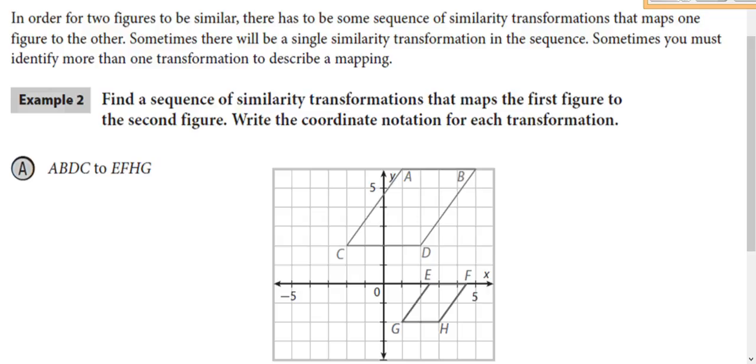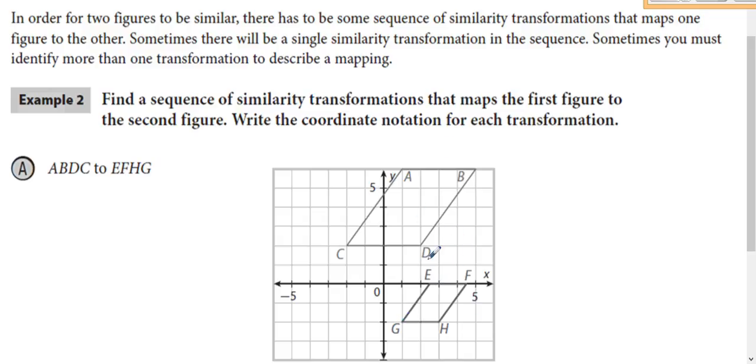So for this problem, it is a little bit more difficult to figure out because it's going to be a combination. It's a series of a dilation with probably a translation or something else in there. So you could really do it in whichever order you want. So if you start with the dilation, you can see that the side here has got a length of 4, and then down here it's only got a length of 2. So to get from ABCD to EFGH, or EFHG actually,